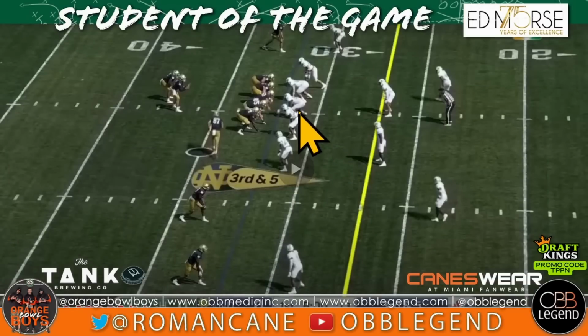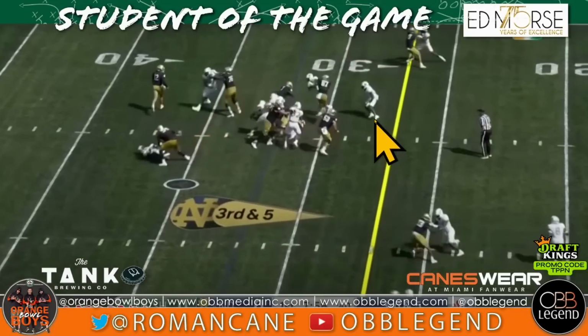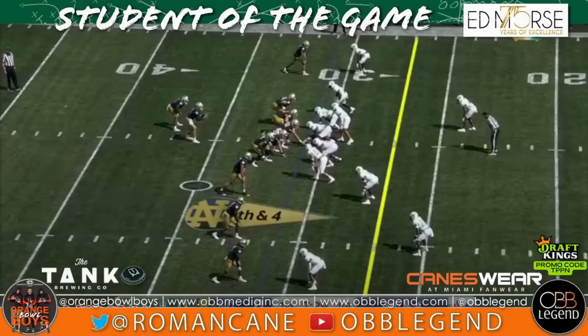Again, watch it. There you go, swims. They're all trying to shoot these gaps from an odd man look. That gives the Notre Dame offensive line, who are formidable in their own right, some issues. Plenty of numbers here, right? You want to get the running back on the ground, more hats to the ball, Marshall wins that round. We're off and running. And on this 4th and 4, Marshall's going to net the turnover on downs, utilizing some